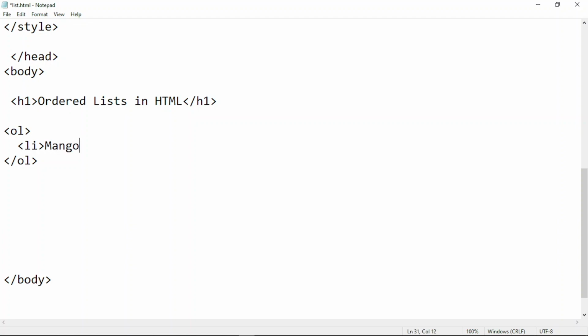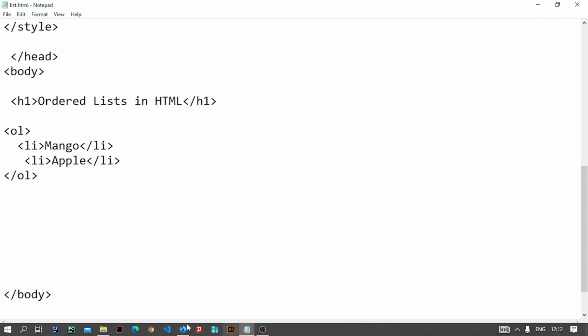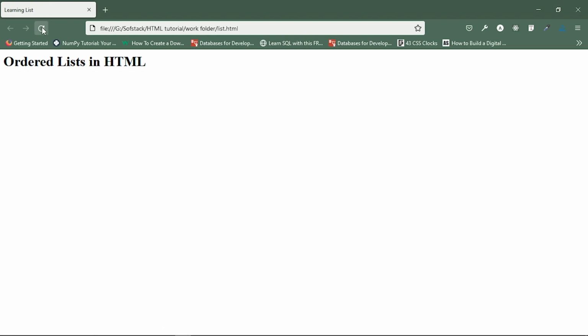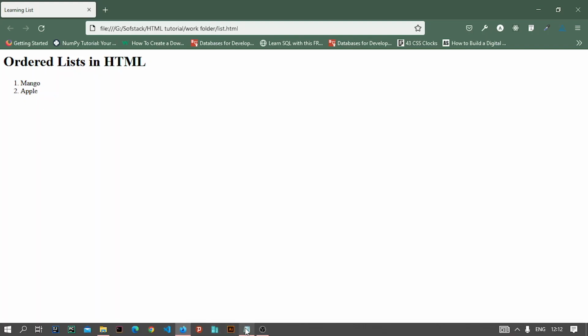For example, the same one, I can specify mango here, and I can specify one more, let's say apple here. If I do that and refresh the page, you can see we have this ordered list,